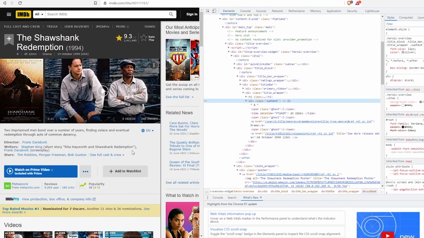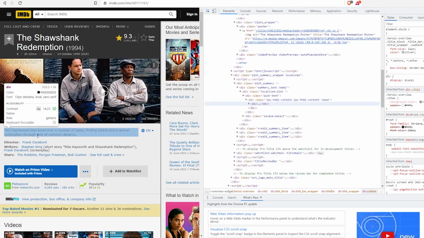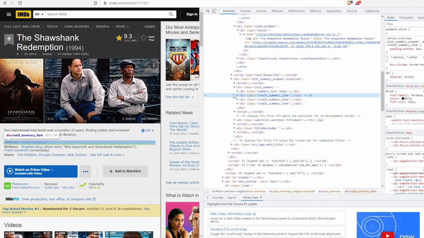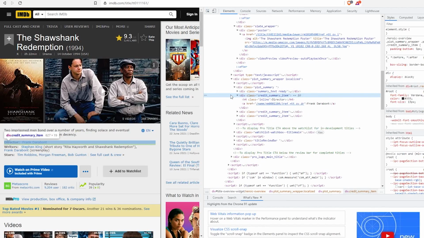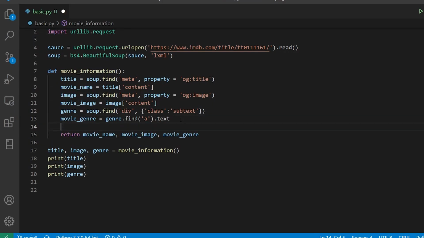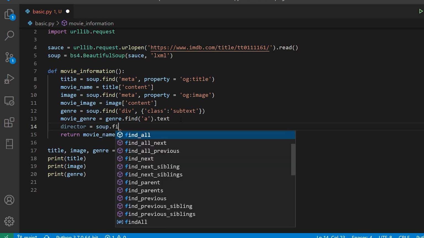Now the next thing that I want to scrape is, let's say there are actually many things involved. You can take, okay, so the last thing I'll be scraping is the director. The director name is quite important because director is responsible for the classic movies. So this is also enclosed inside a div class known as credit summary item, in which we have the href. So I'm going to follow the similar procedure. So here I'm going to say director is equal to soup dot find.